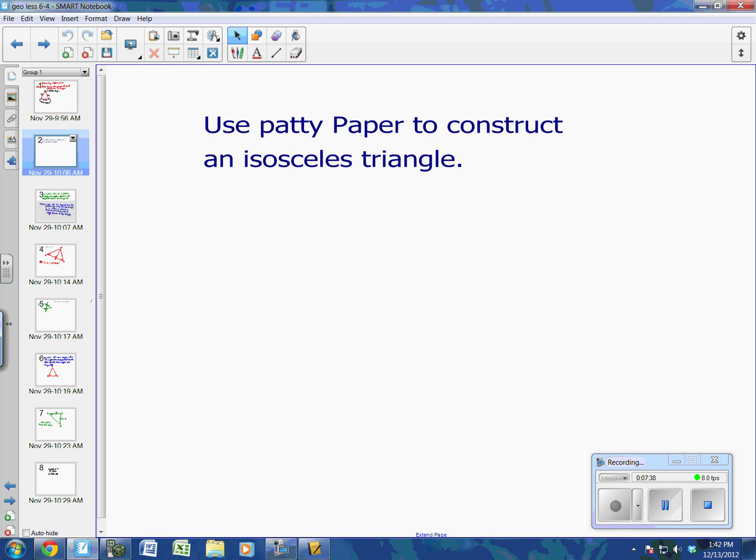Okay, we're going to use patty paper to construct an